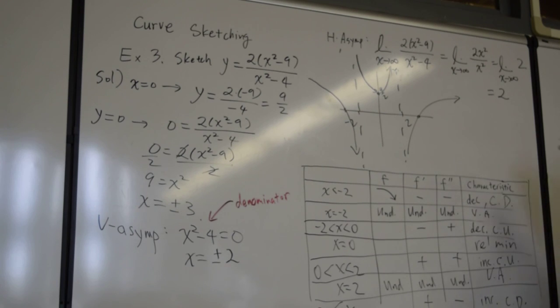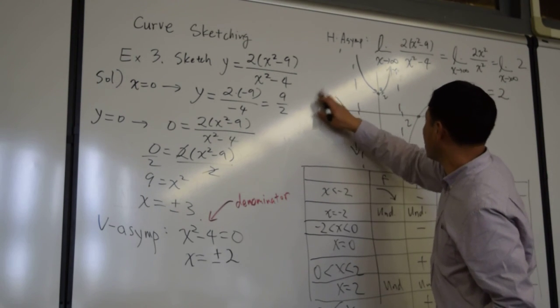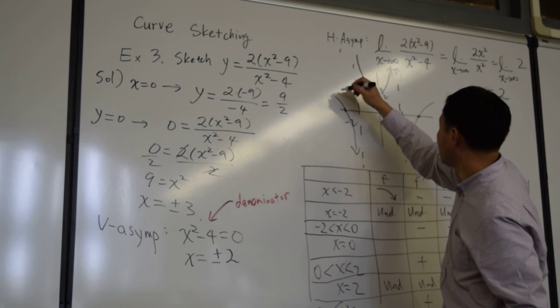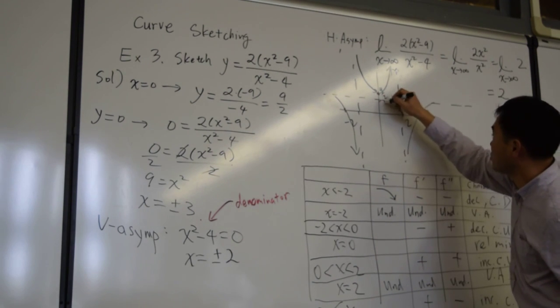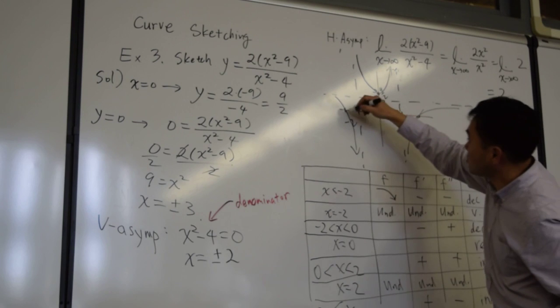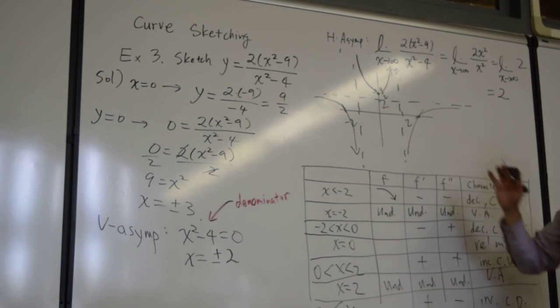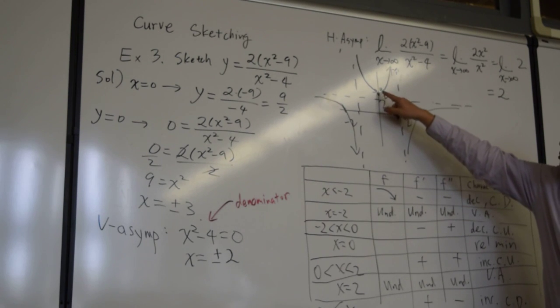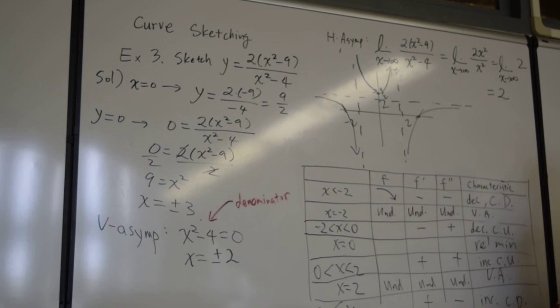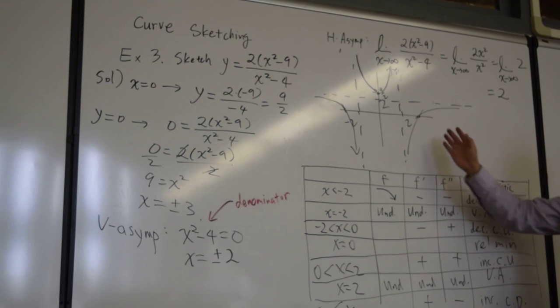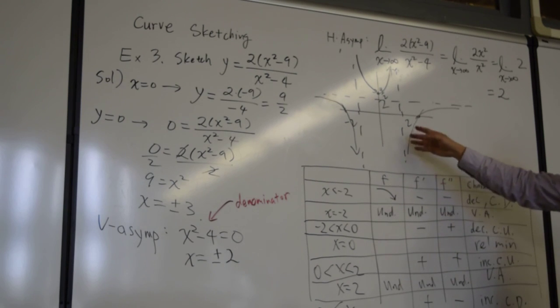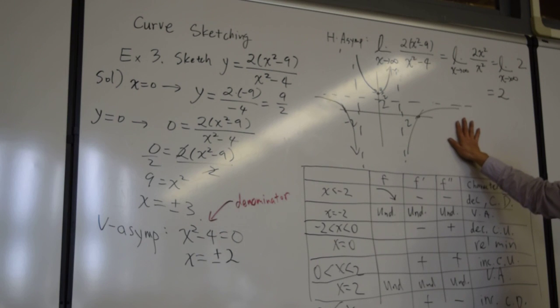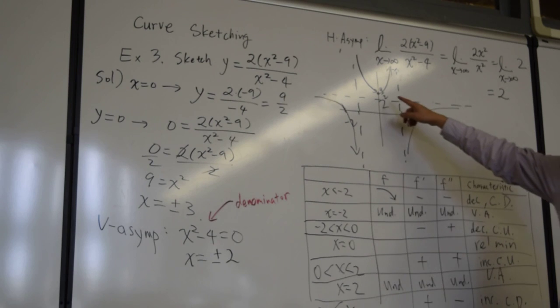So that's the graph. Oh, by the way, this is a little misleading because I forgot to put the horizontal asymptote at 2, so it has to be this way. Okay, so that takes everything into account. Horizontal asymptote, 2 vertical asymptotes. This is the relative minimum. Is there an inflection point? There's no inflection point. I mean, there is a change in concavity, but it's not a point on the graph, so this graph doesn't have any inflection point. It doesn't have any relative maximum. It only has one relative minimum, and that's the